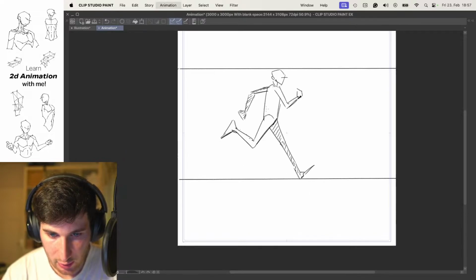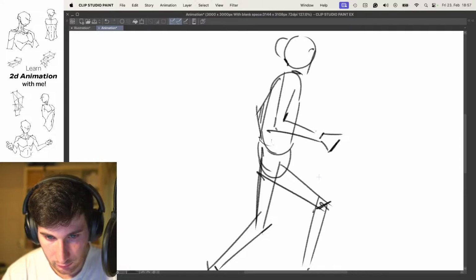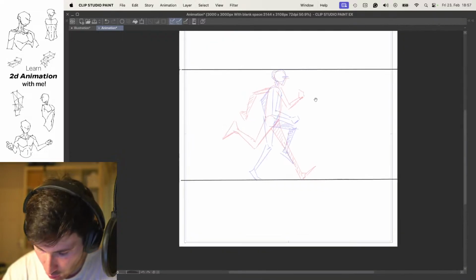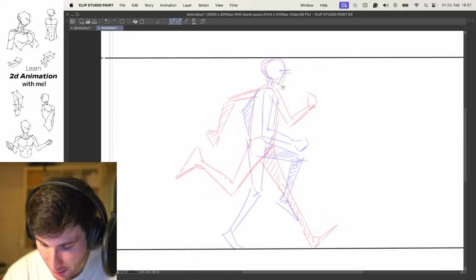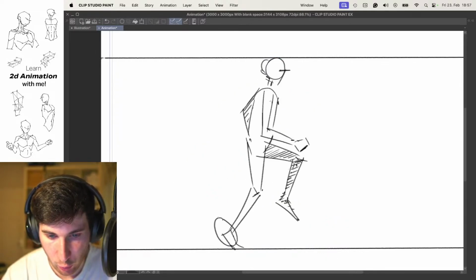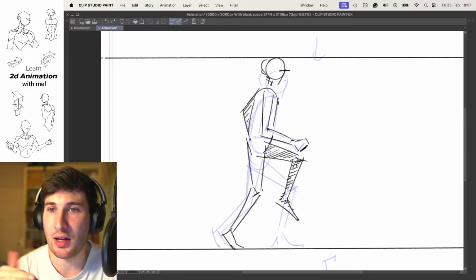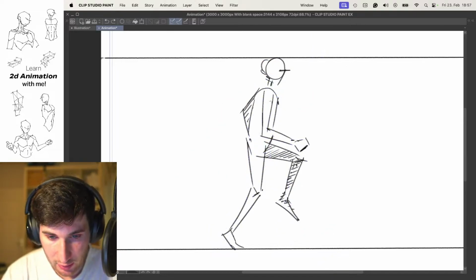So here the body is going a little bit down. And we're adding now also the position where both feet are off the ground to show that. Because in a walk cycle we would always have one foot on the ground. You can observe that if you're outside, if you're normally walking, one of your feet is always on the ground. But if we start to run,